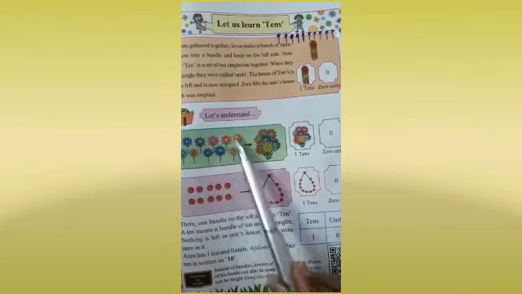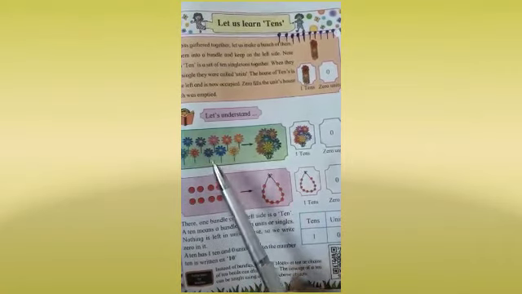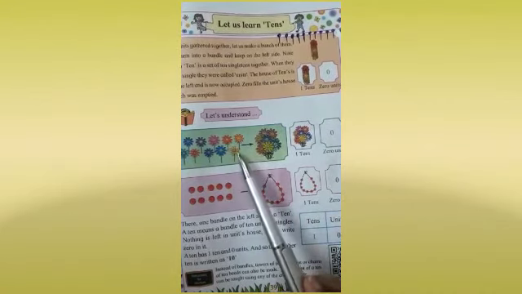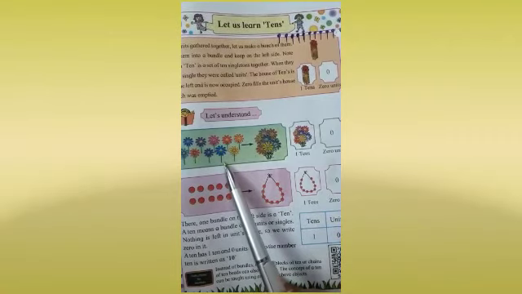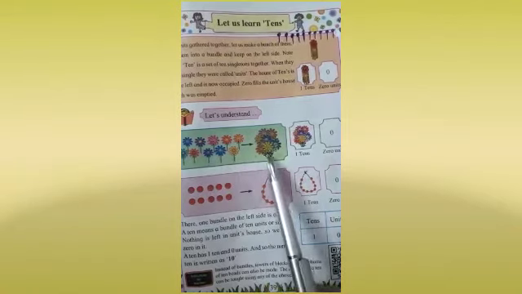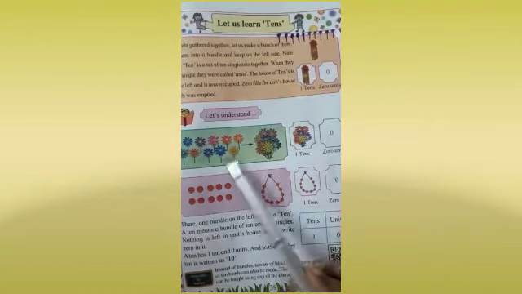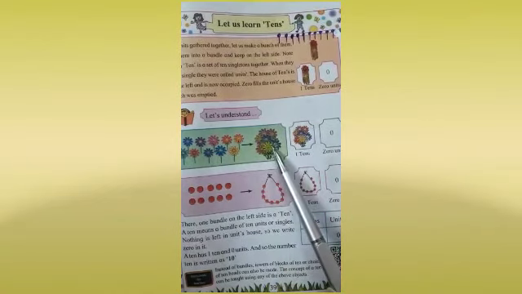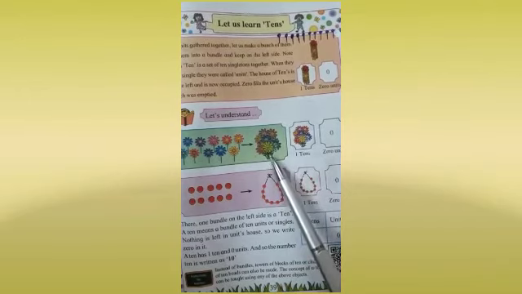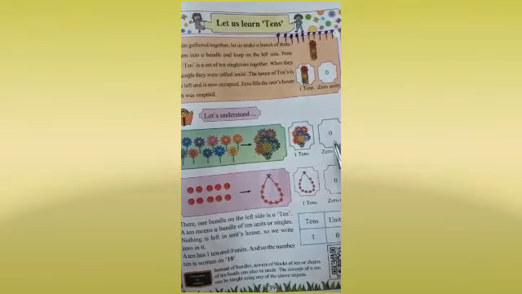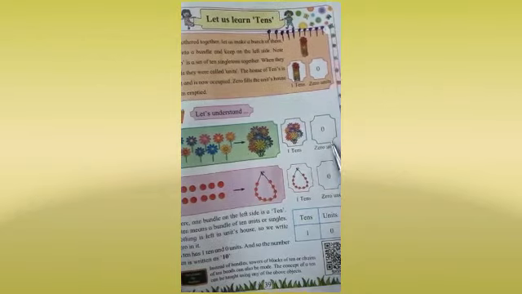Now children, count how many flowers are there. 1, 2, 3, 4, 5, 6, 7, 8, 9, 10. Now these are units. Now what are we going to make of these 10 units? Tens. So when I bring all the 10 flowers together in one place and tie them, and make one bunch of flowers, then it will become 1 tens. And how are we going to write it? 1 tens, 0 units.